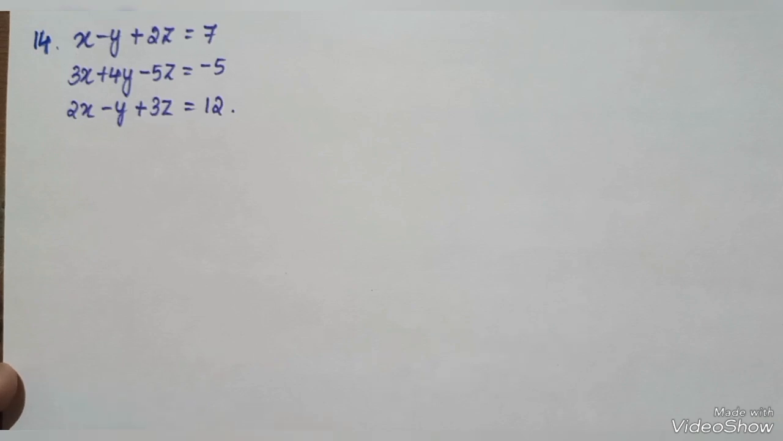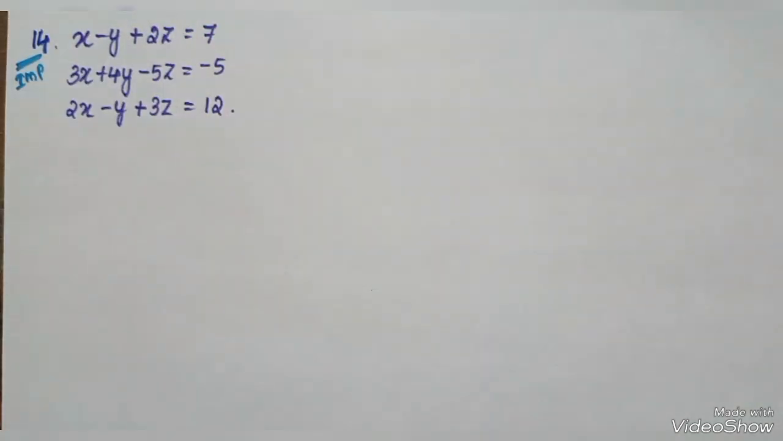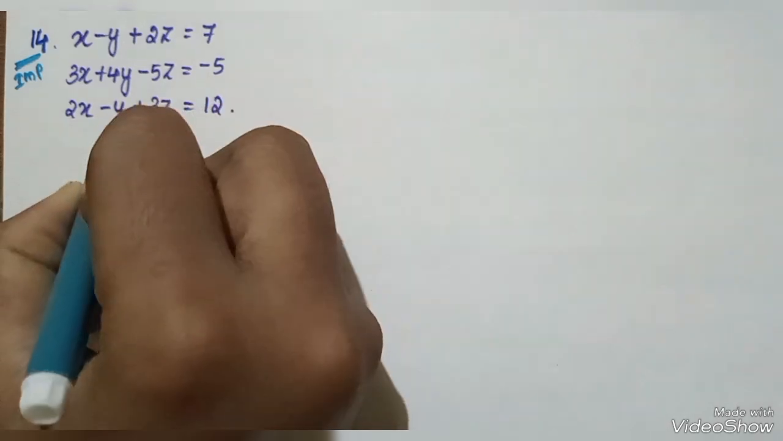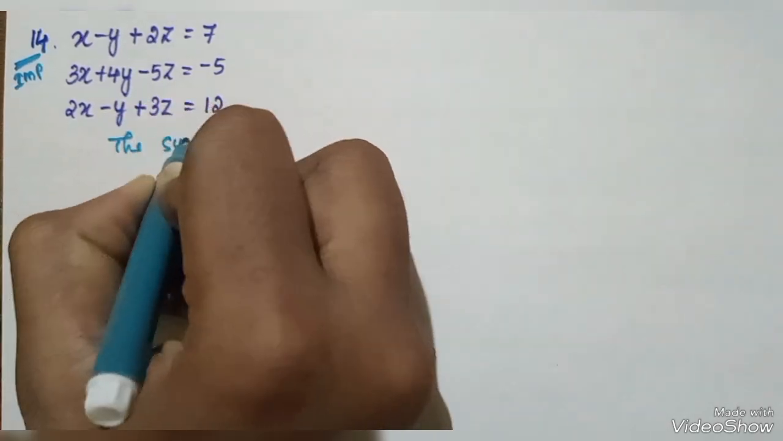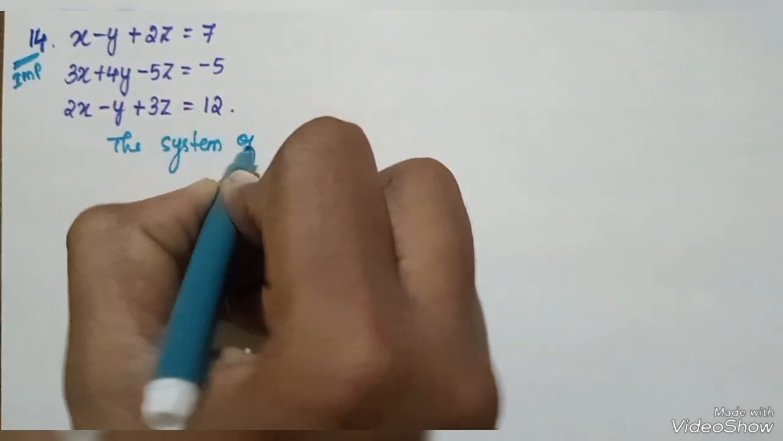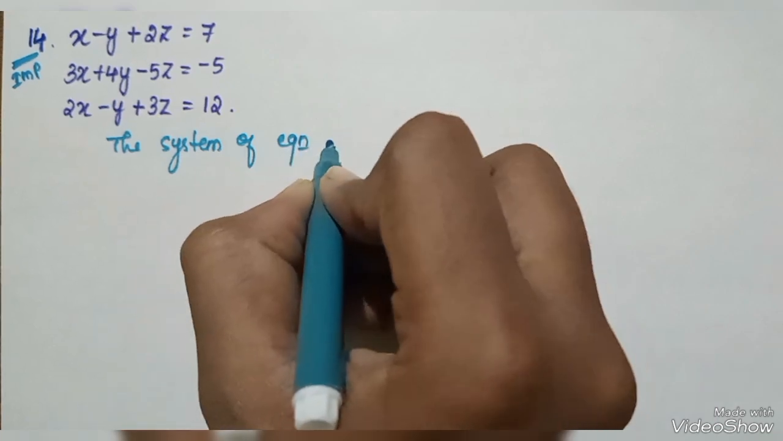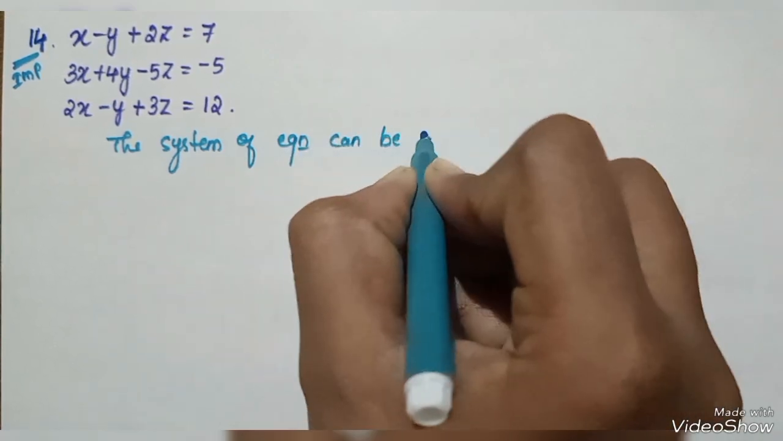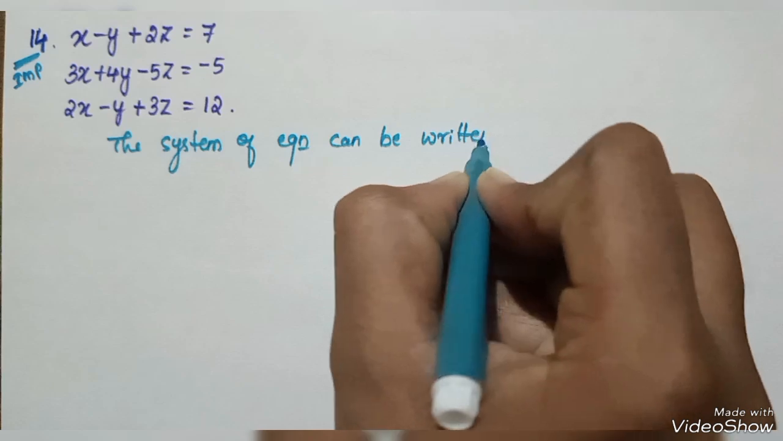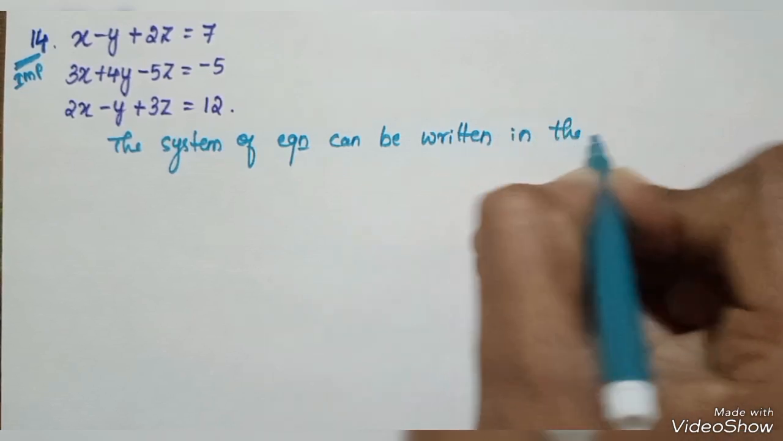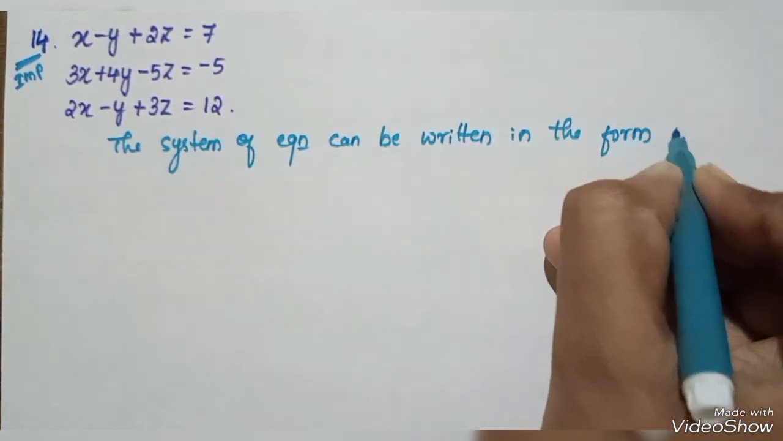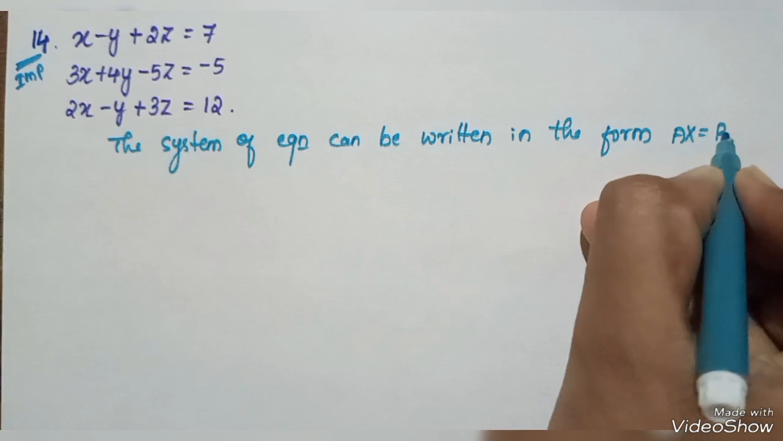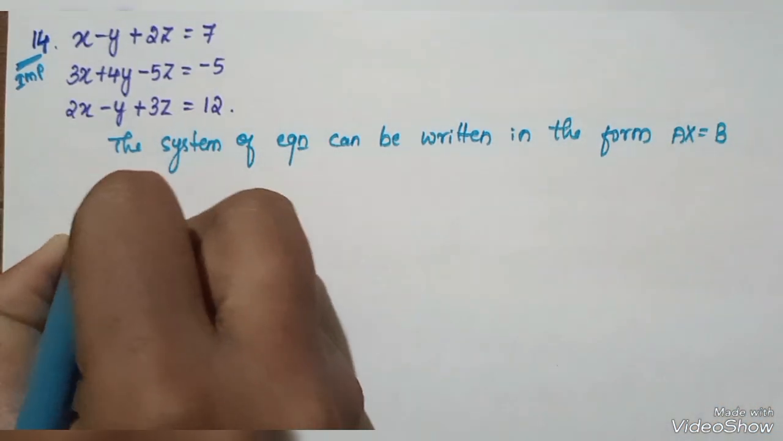The last question of this exercise is one of the important questions, and most of the time this question will be asked in the exam. The system of equations can be written in the form AX is equal to B, where A is a matrix